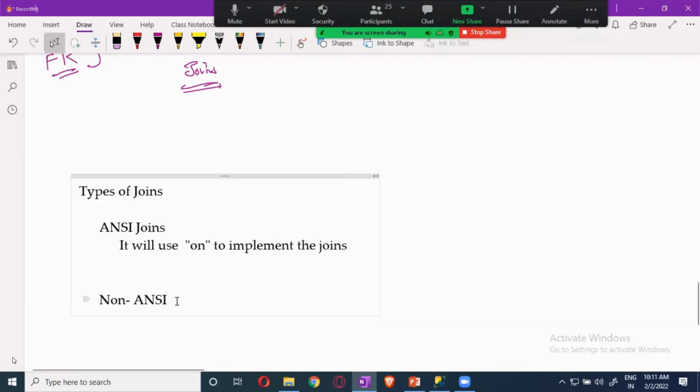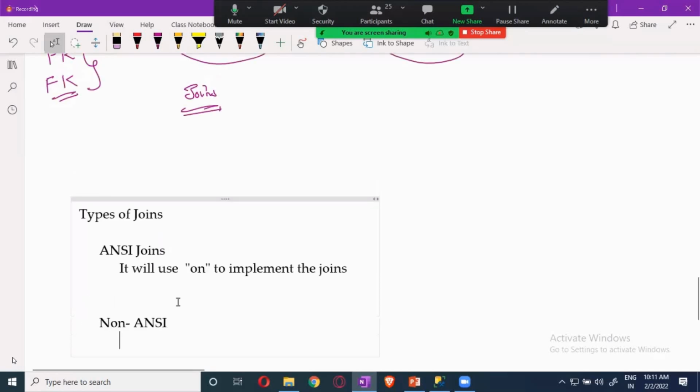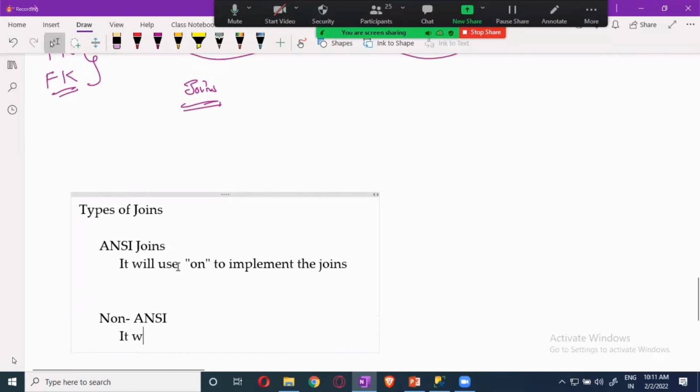Whereas non-ANSI joins will use the WHERE keyword to implement the joins.